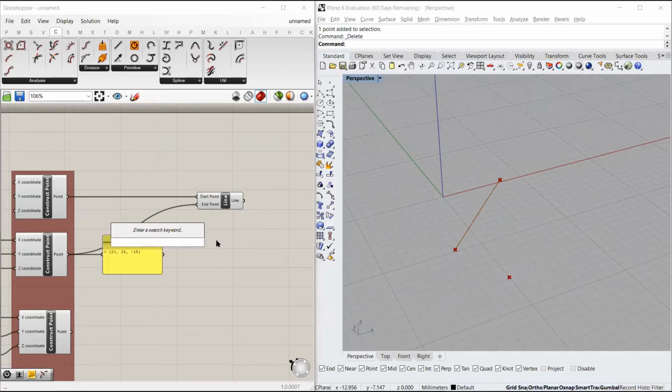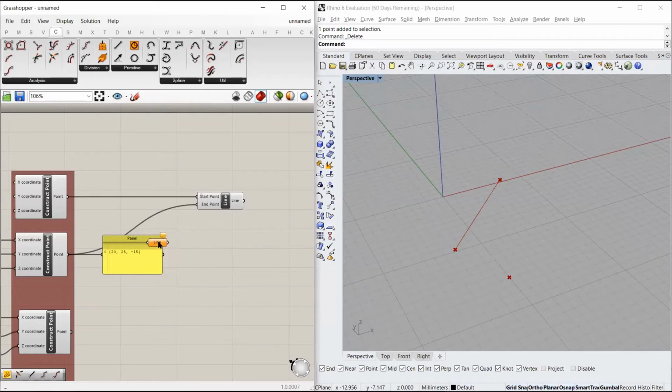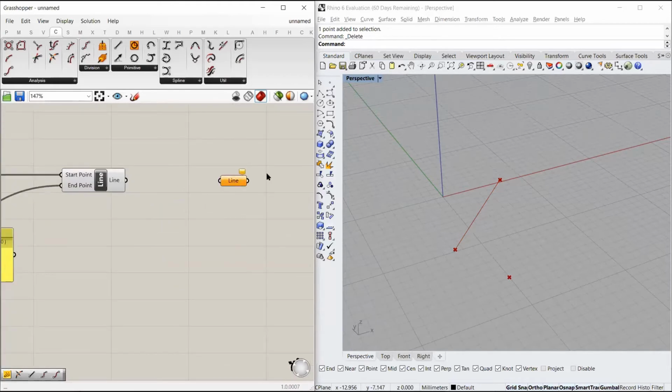Similarly, you can open the command box by spacebar and you can write line. Now, when I type line, you can see there are two options for line command. Always remember that the icon of the black hexagonal box in front of any command means that that component is a container component. If I select this component, we cannot actually make a line using it because this is a component which can only contain a line.